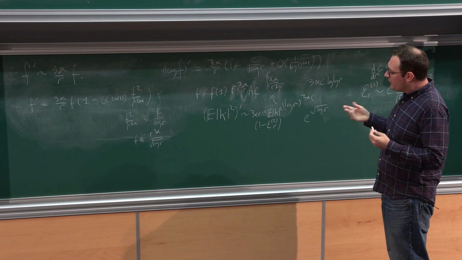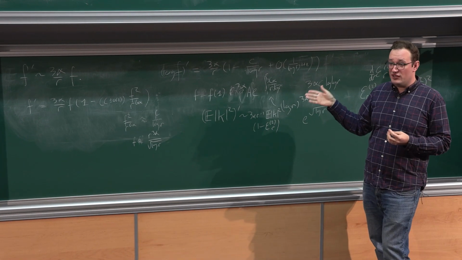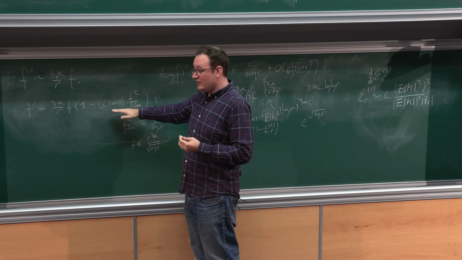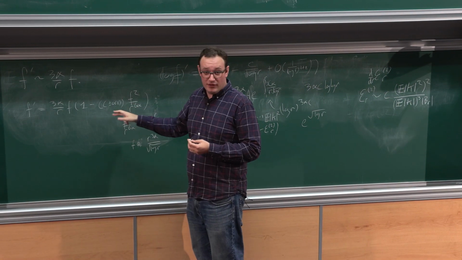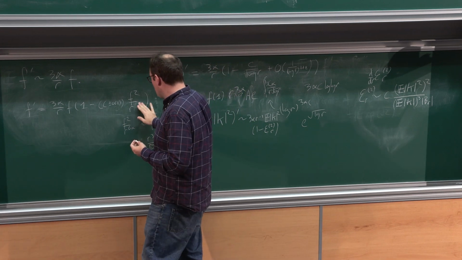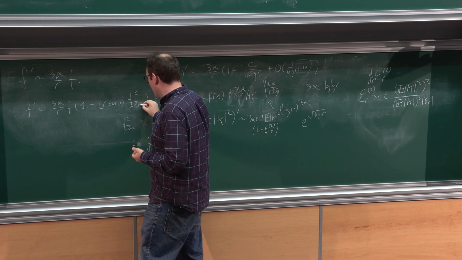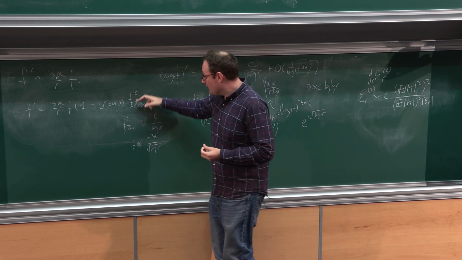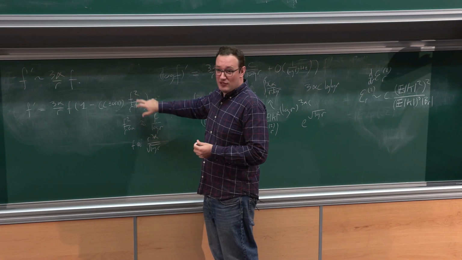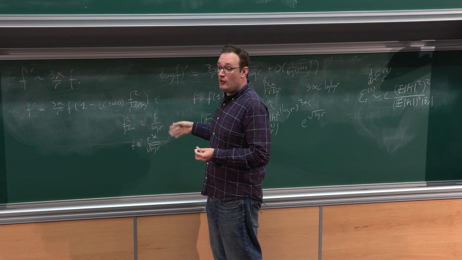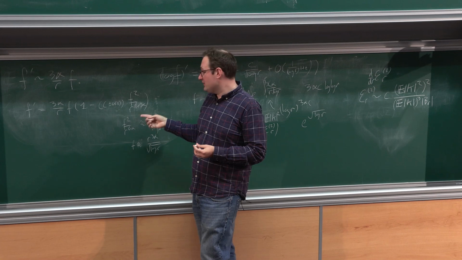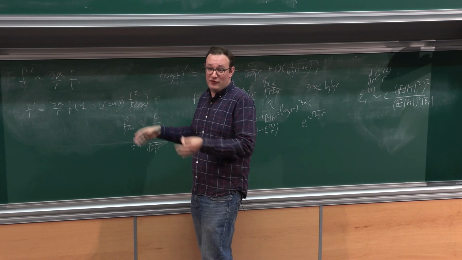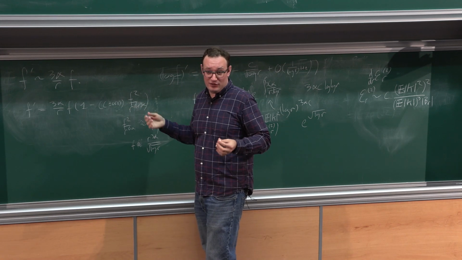And by the way, one point about this is these calculations actually still have content in the high dimensional case. You are still computing the second order correction to the dynamics. This power is no longer 6 alpha, it's actually d plus 3 alpha. That's what it really is. Which in the critical dimension is the same as 6 alpha, which means that the index of these two terms matches, which is why you produce a logarithmic correction. Whereas in the high dimensional case, this is actually just small by a power. So you can compute the second order term if you want via this method, but it's not so interesting.